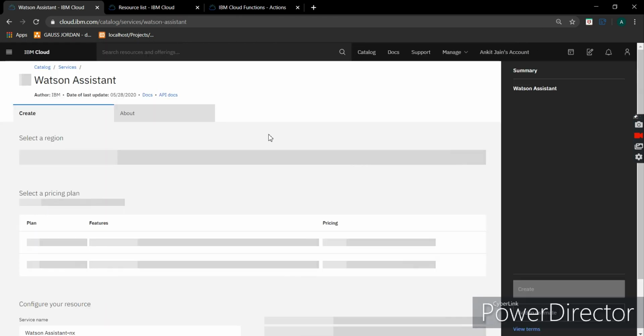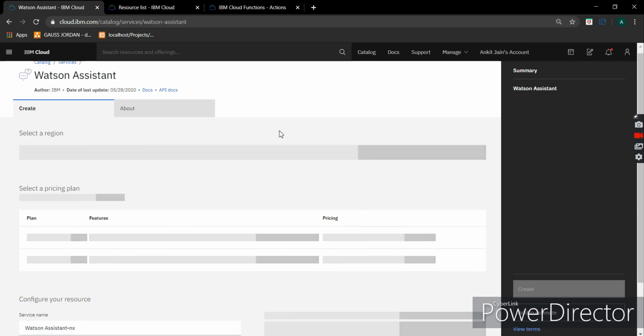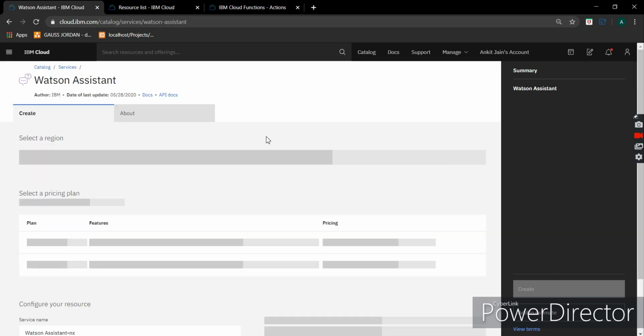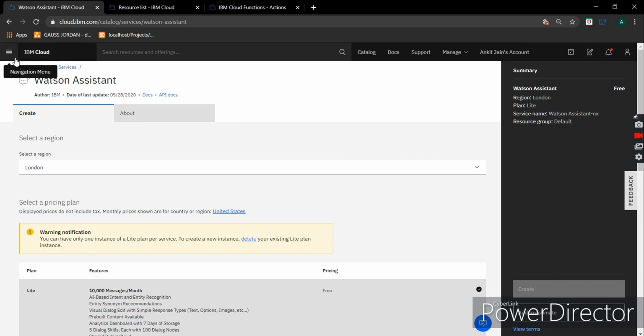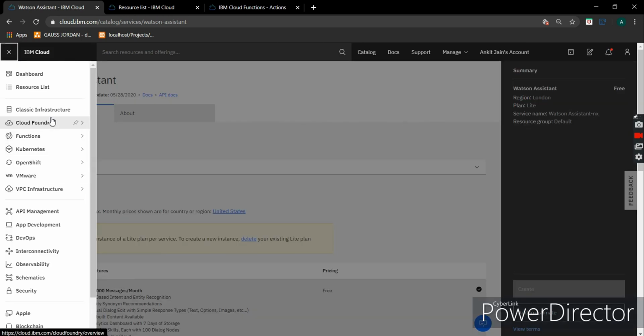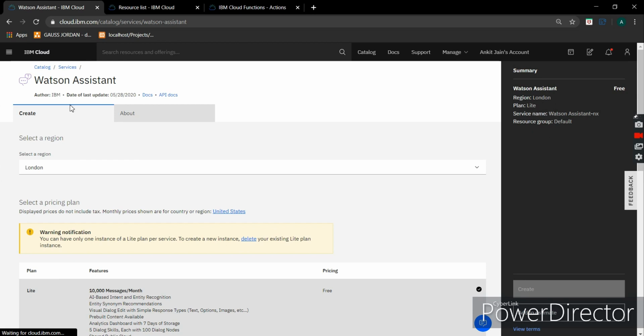As you can see now, the Watson Assistant main screen opens up, allowing you to create a new assistant. But for this project, I have already created my own Watson Assistant. So I will navigate back to resources list and go to the assistant that I have created.